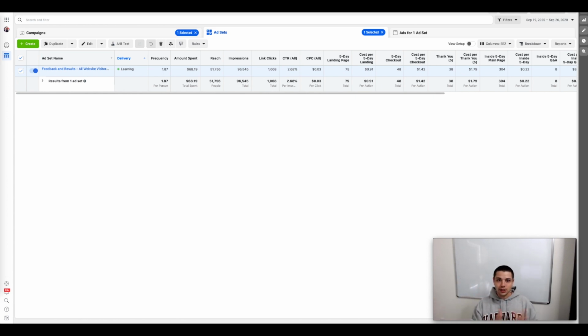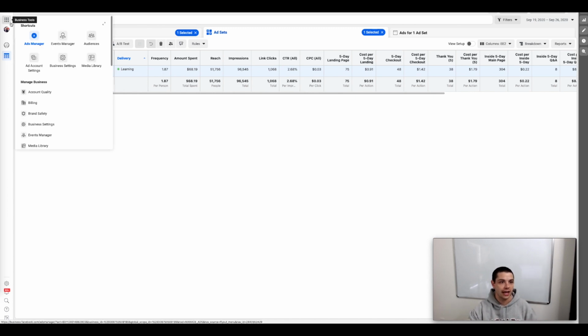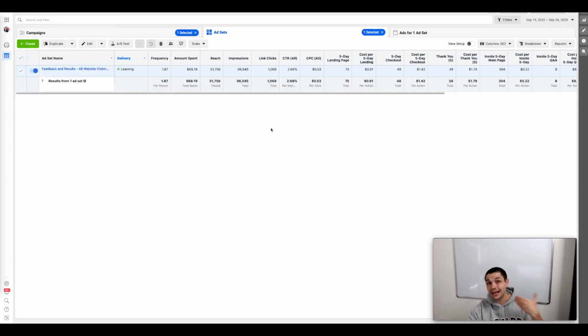But that's why you need to set up tracking on your website first, and you need to set up audiences. Both of those things you can do right here inside of Facebook ads. In the events manager, you would want to set up your custom conversions, and in your audiences, you would want to set up custom audiences. And those things are going to basically relate to how people view your website. It's going to track their behavior on your website